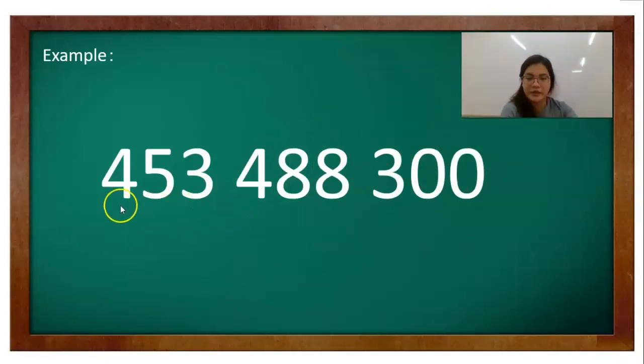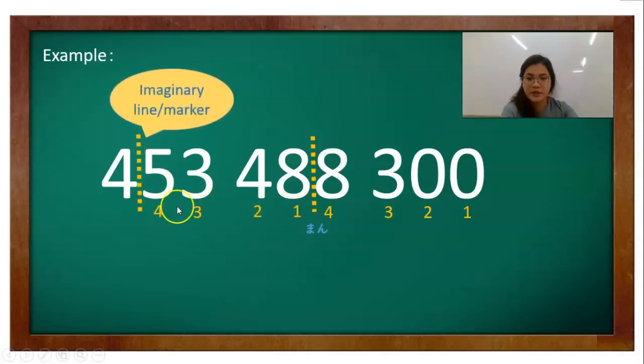Okay, so this is the figure. Let's try to count it first. 1, 2, 3, 4. This is the man line. Next, another 4. So this is 1, 2, 3, 4. This is the imaginary line for oku. Now the last part is to read the whole number first on the left side. So this is yon oku. Next, this is the figure, so this would be